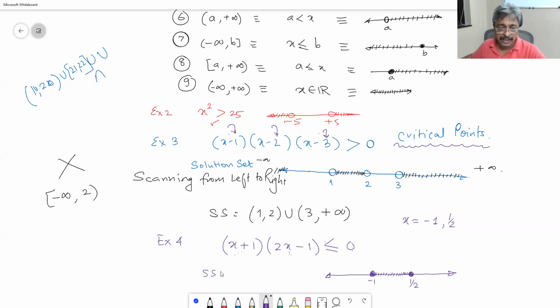Therefore, the solution set is closed bracket minus 1